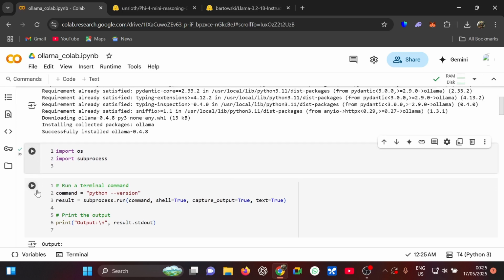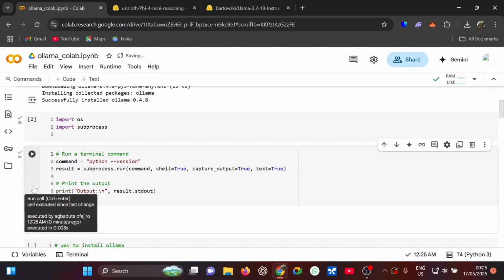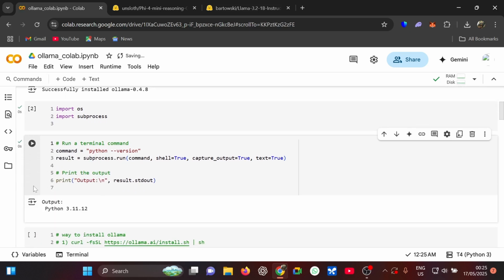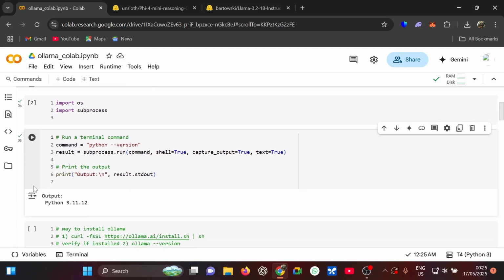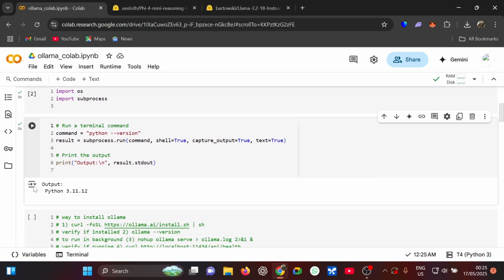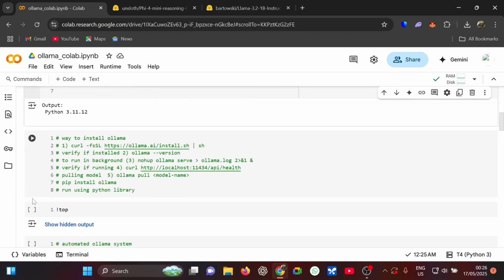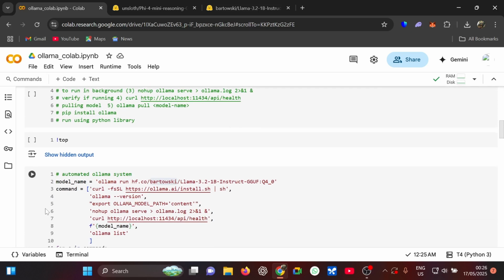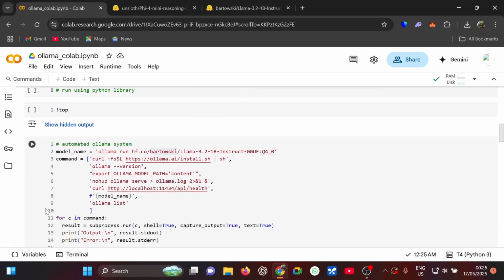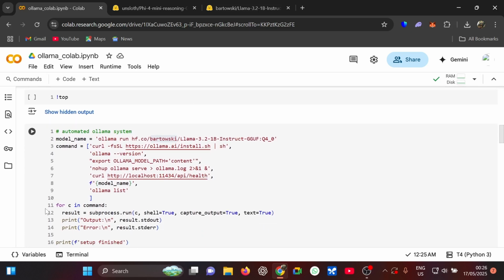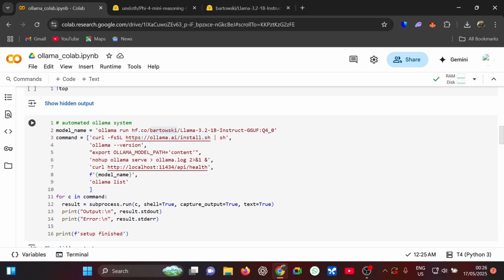Next, we are going to test if the libraries are properly communicating with the terminal. If correctly communicating, it should return the Python version. Next, we are going to install Ollama into Colab via terminal using subprocess and also download the Llama 3.2 1B instruct